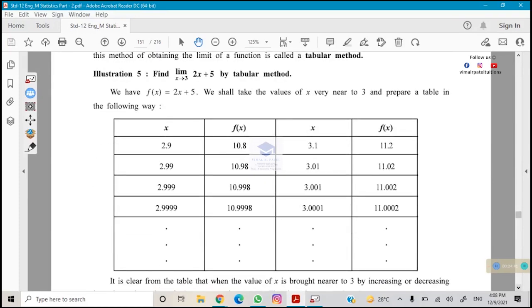Find limit x tends to 3 of 2x plus 5 by tabular method. Now what you have to do,